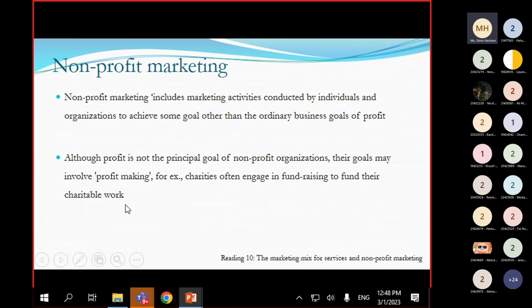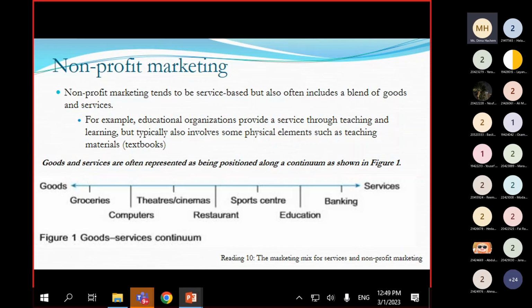All right. So of course, non-profit marketing, although the main goal is not to make a profit, definitely we need to make sure that we are actually making a profit in order to survive and in order to keep improving. All right. Now,